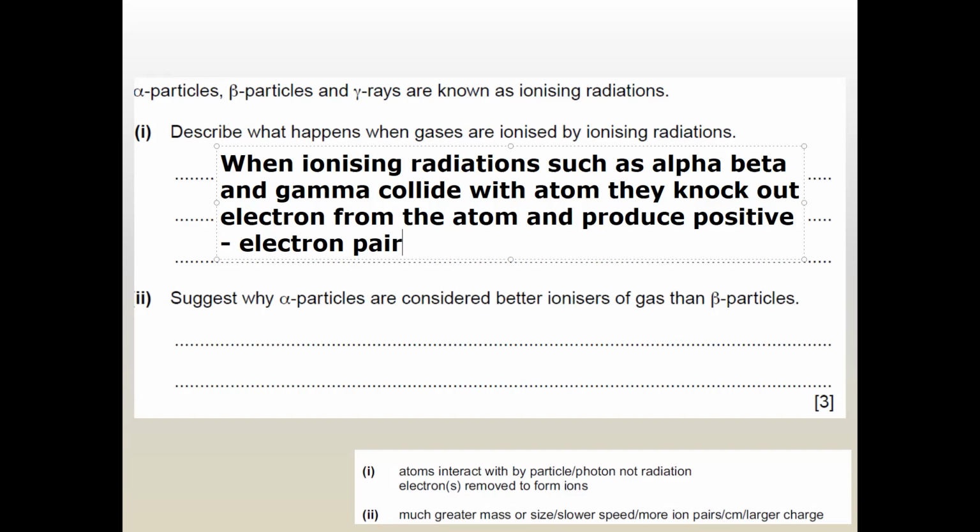So this is what they produce, because for example, if this is an atom,